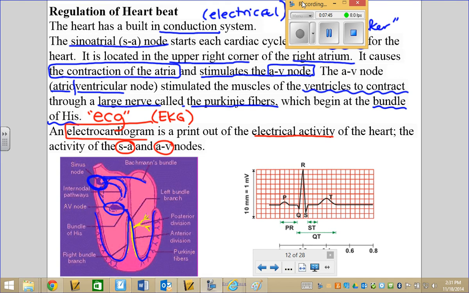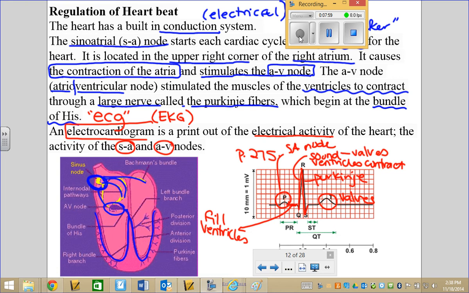Now I put one little picture here, but what I'd actually like for us to do is to take a look at page 275 of your textbook. So when you're done writing, it would be realistic for me to ask you what's happening to make your ECG look the way it was. I would not ask you to memorize how high the line is supposed to go or how long it's supposed to last. So for example, I don't need you to know how many millivolts this is or how much time